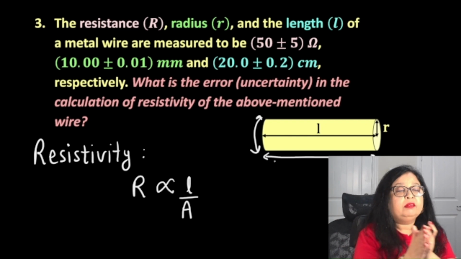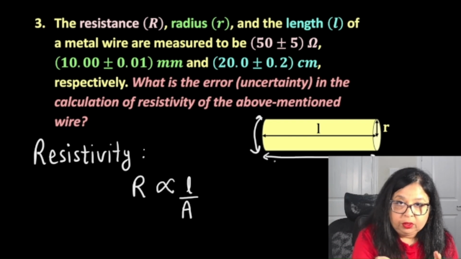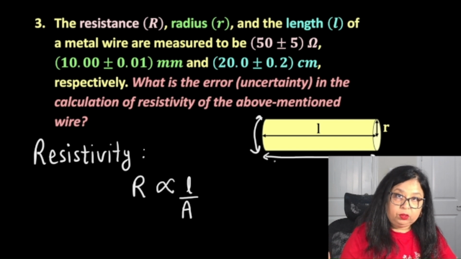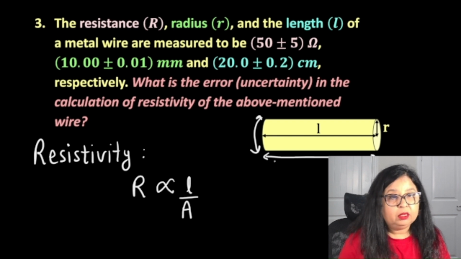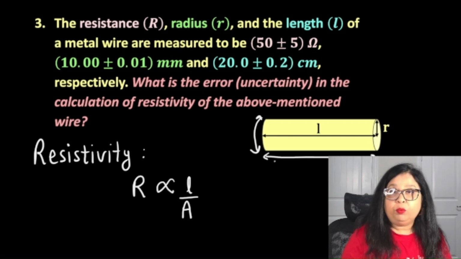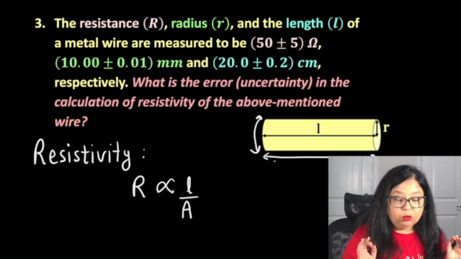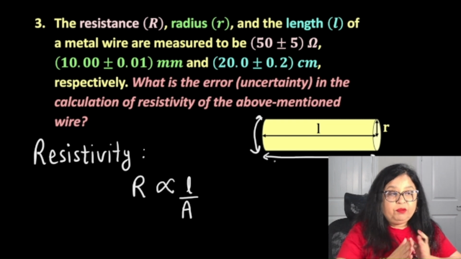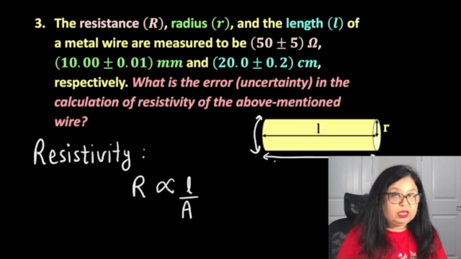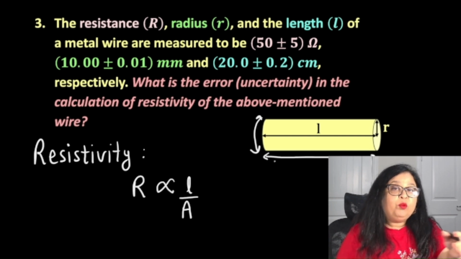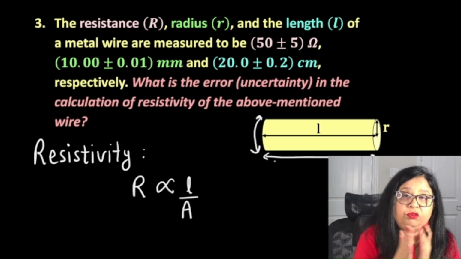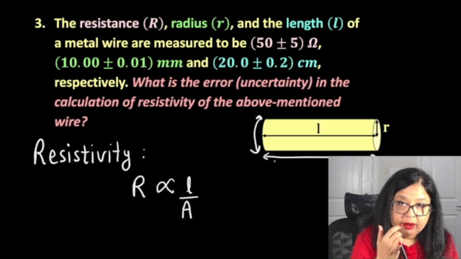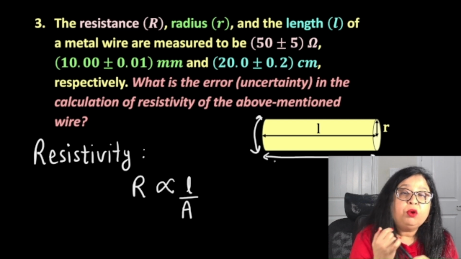You can think of this as yourself traveling on a road. The longer the length of the road, the longer you have to travel along the road, the more is the number of people you're going to encounter. And each person that you're encountering on your way is providing resistance. But if you widen the road, that is, you increase the area, then you will have more pathways to travel along the road. So I hope that this makes sense. Why the resistance? It is directly proportional to the length of the wire and inversely proportional to the cross-sectional area